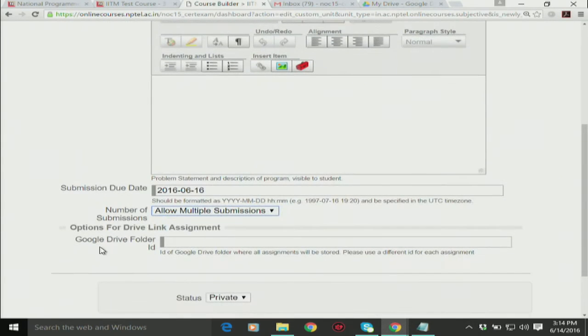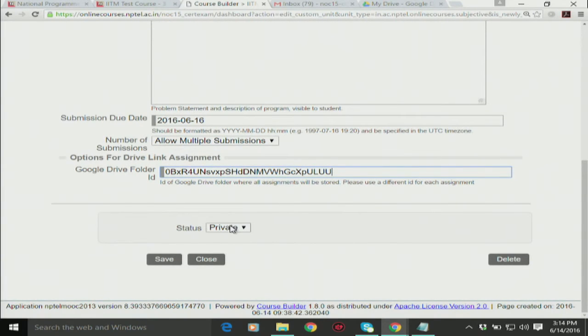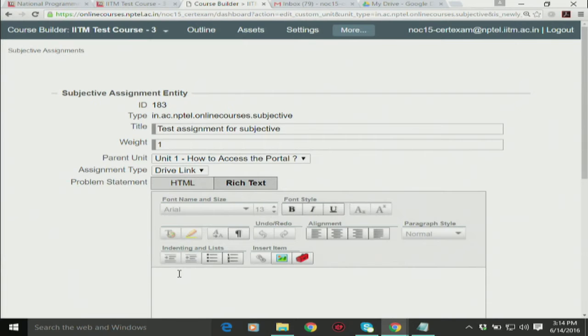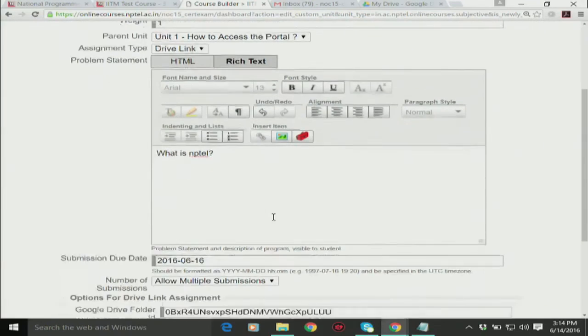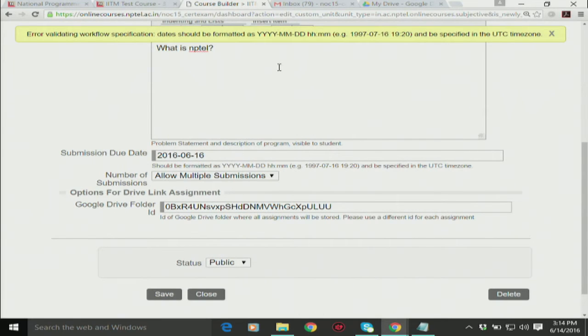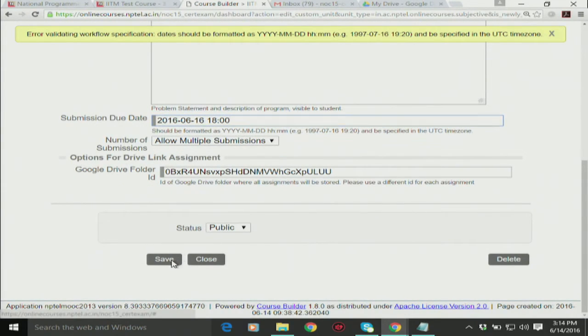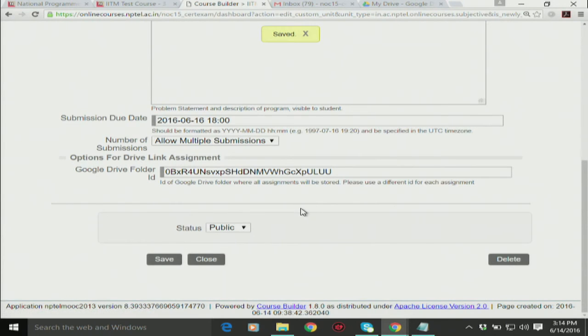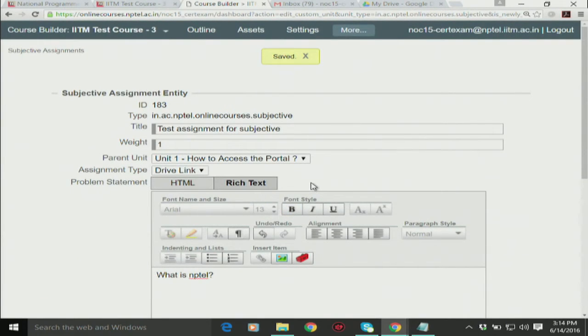Go to the dashboard, there will be a tab Google Drive folder ID, paste the ID here, and the status of the assignment will be made public or private according to you. So, this is the process of creating a subjective assignment.